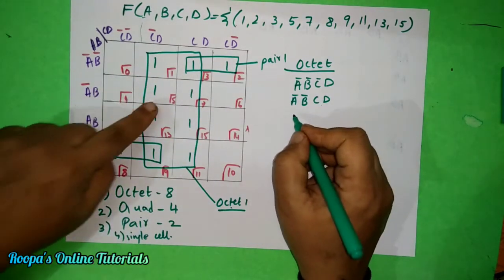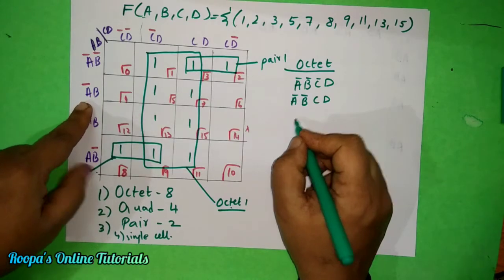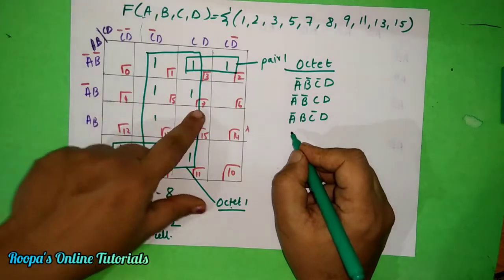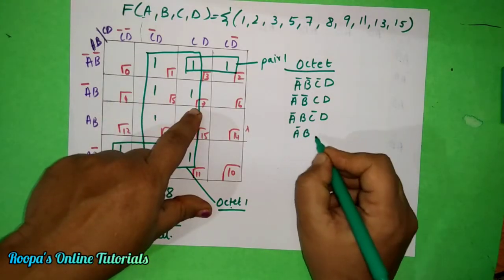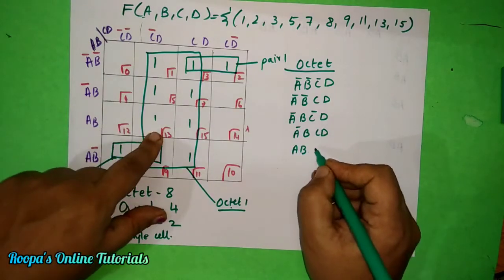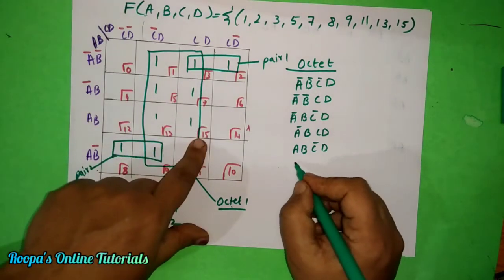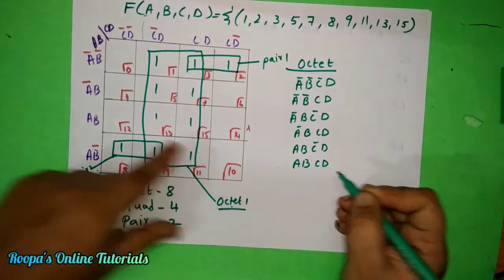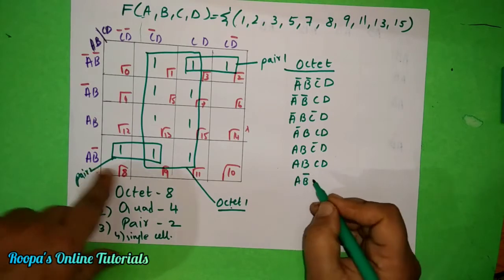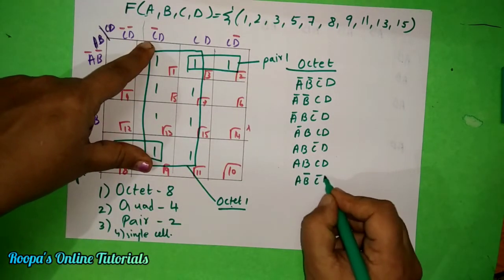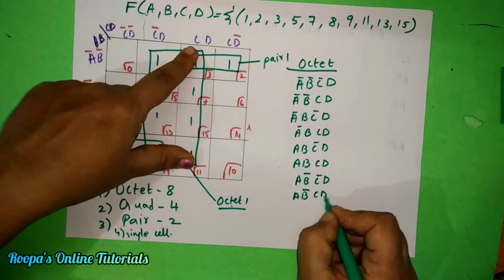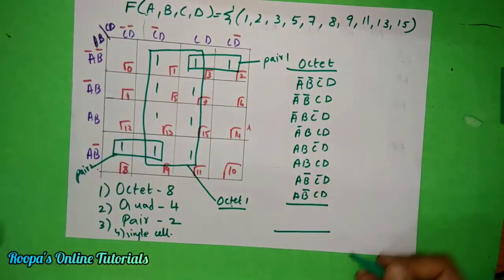So this will be same. For this 2, this will be same. So it will be now A complement B, C complement D. Next one it will be A complement B, CD. Here it will be AB, C complement D, and then you have AB again, same thing, CD. The next one, what it will be? It will be this one, AB complement, and here what you have? C complement D. Again you will write AB complement, then what you have here? CD.